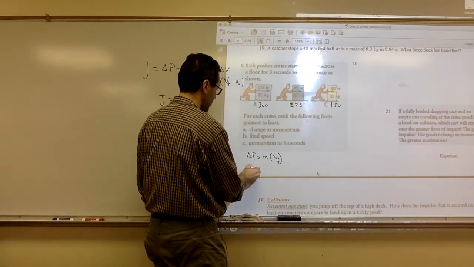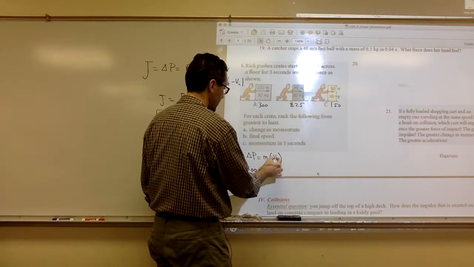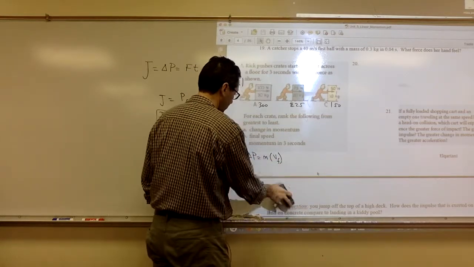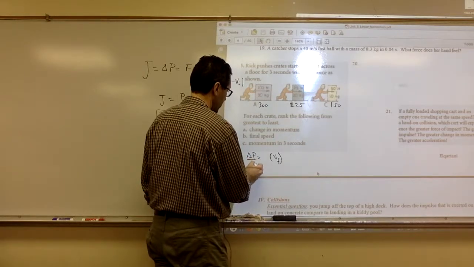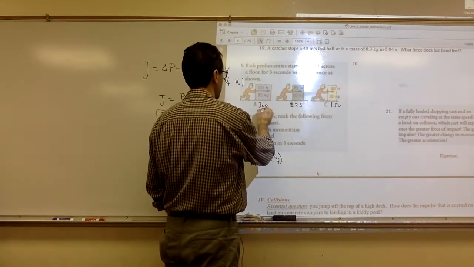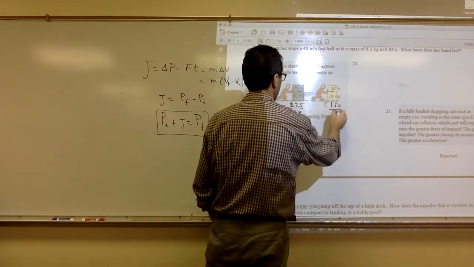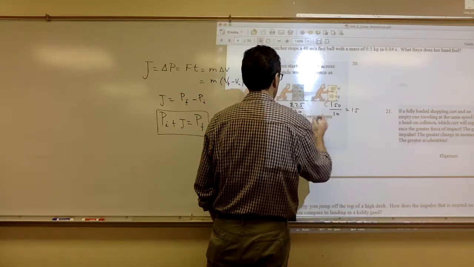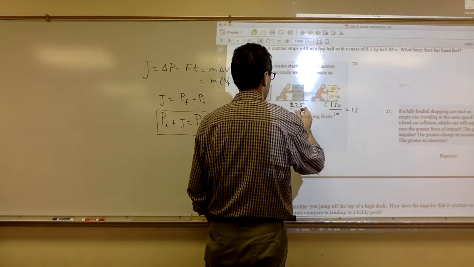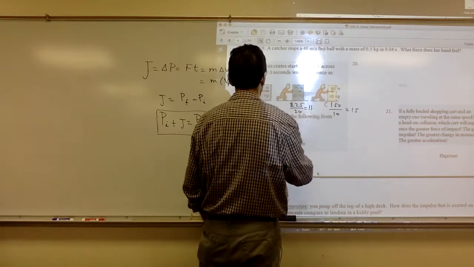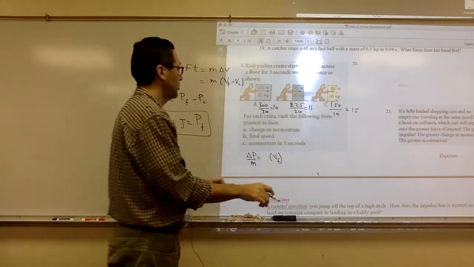So this is 300, and if you want to find the final velocity, you just do change in momentum over the mass. So this is going to be 300 over 30. This is 225 over 20. And this is 150 over 10. So this should give us a 15. This is going to be 11-ish, 11 point something. And this should be 10. So the order should be